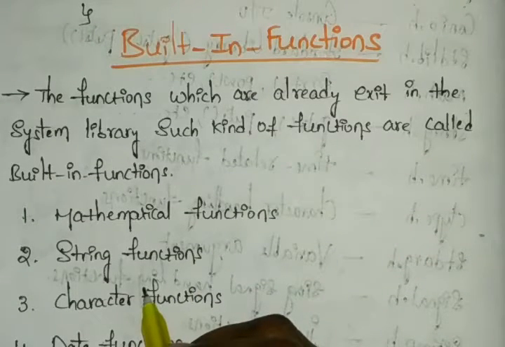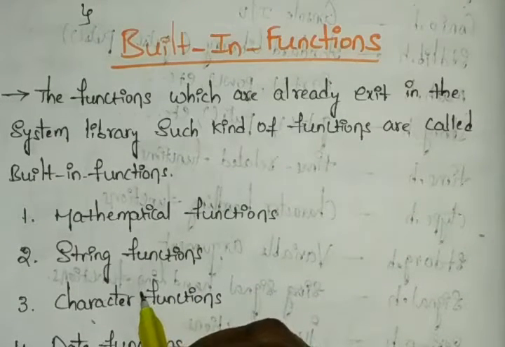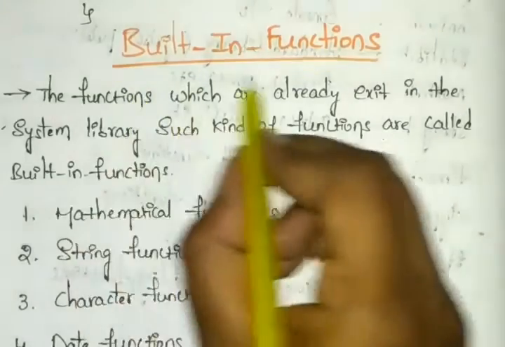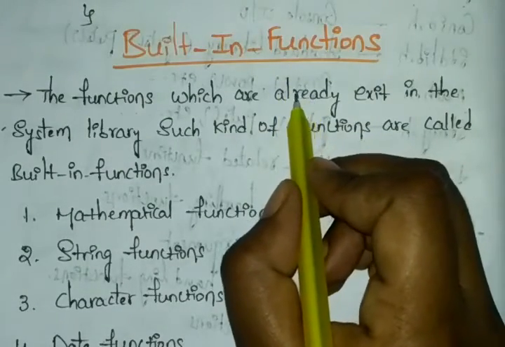Hello everyone. In this session we will discuss the built-in functions. We can also call these built-in functions or standard library functions. Normally, whenever you're writing a program, you include some library functions at the starting point of the program, like #include <stdio.h>, #include <conio.h>. Like that, you're including these header files into the program with the library functions, right? So now we will discuss these built-in functions in this class.